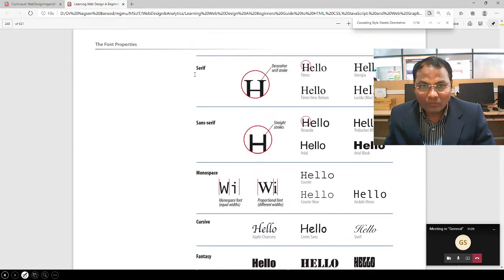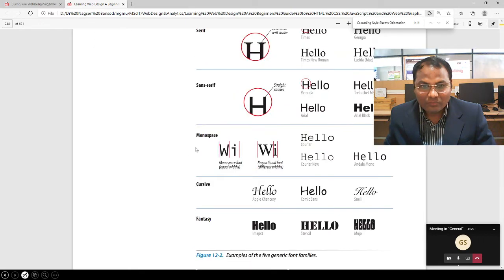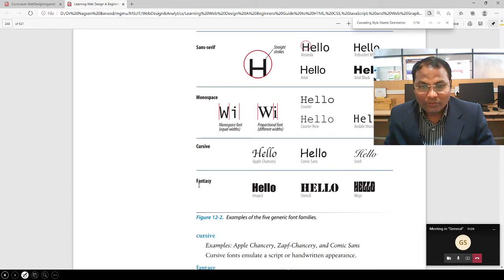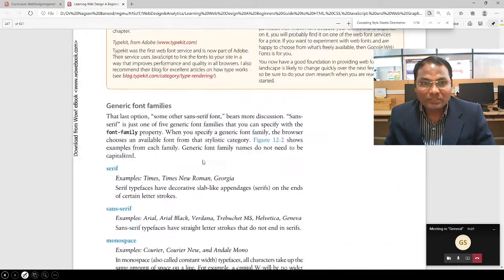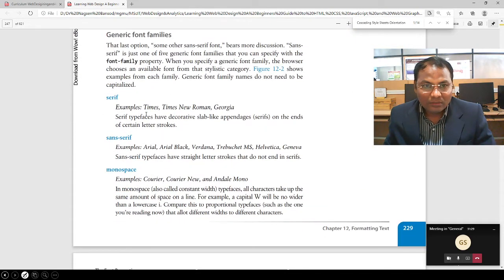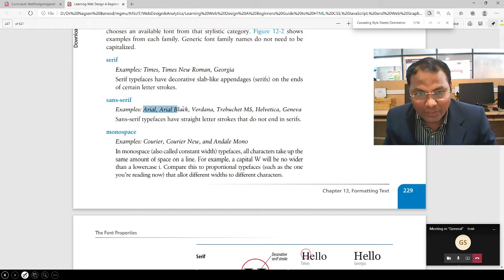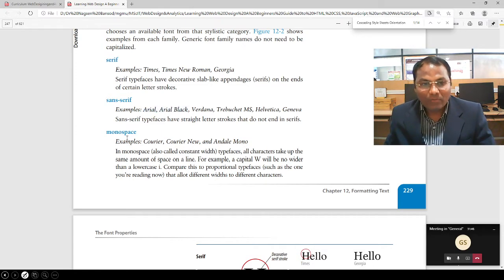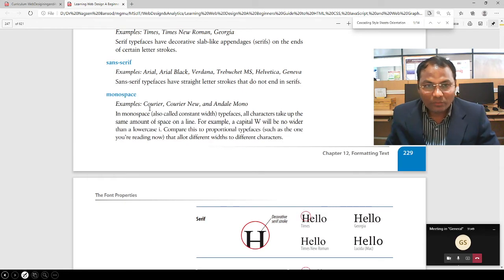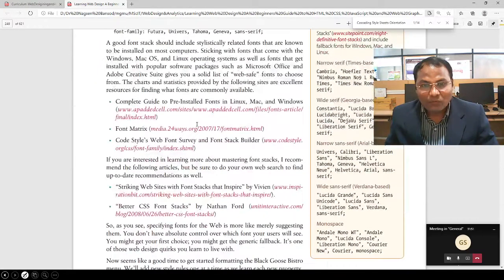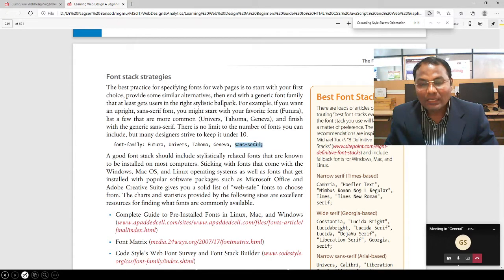These are the generic font families: Serif, Sans Serif, Monospace, Cursive, and Fantasy. In each generic font family there are a number of fonts. In Serif, there are Times New Roman and Georgia. Sans Serif includes Arial Black, and Monospace includes Courier. So a similar kind of font family we have to add as the last value.